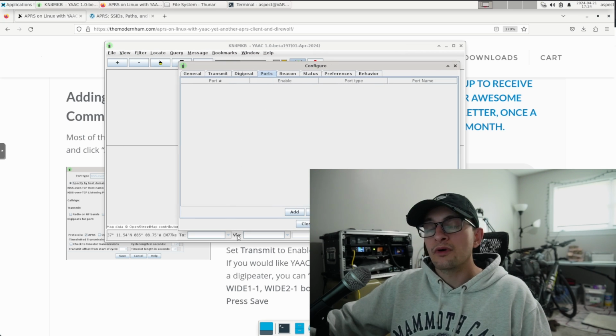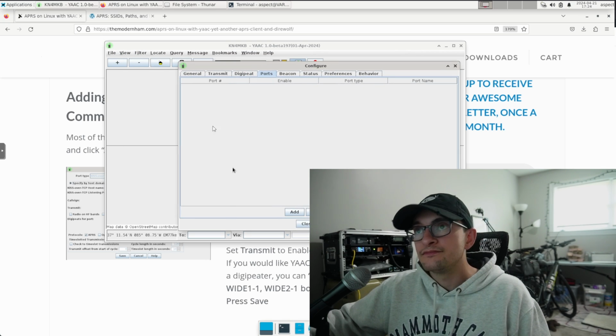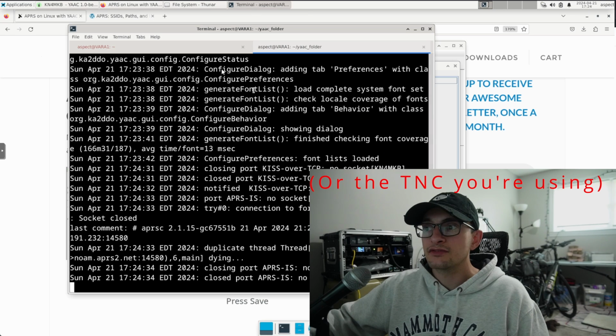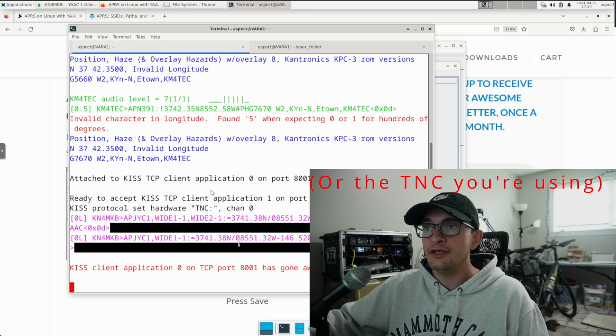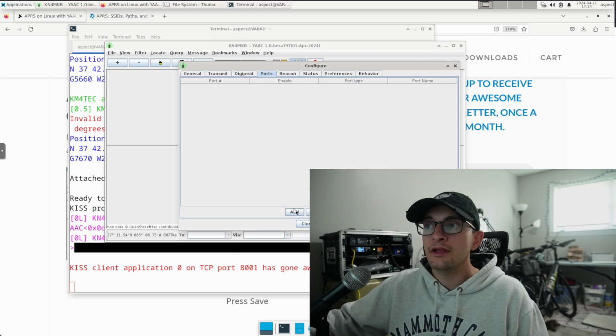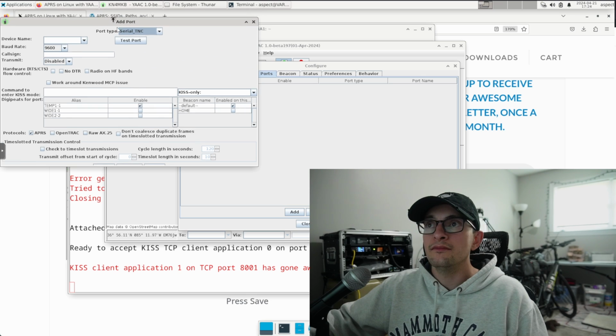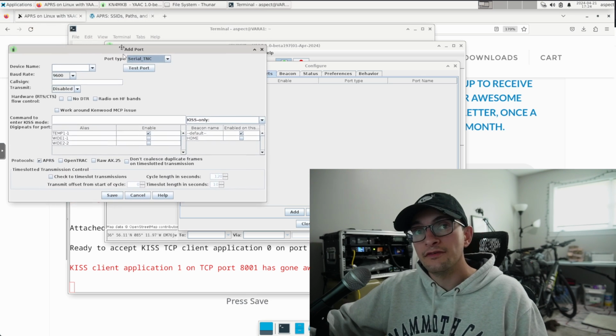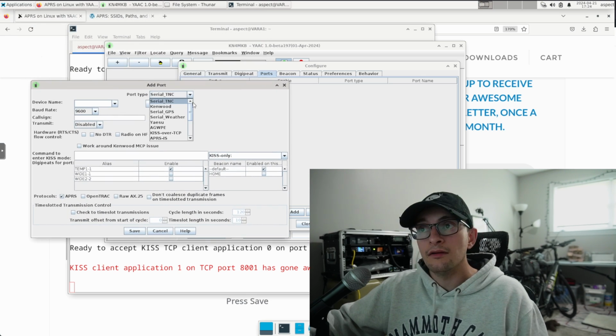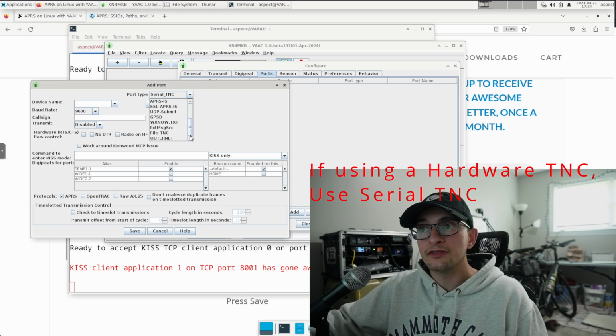So the first port we're going to add is for Direwolf. And that's why you need Direwolf running. It says gone away just because I just disconnected it and I had it before. But you should have Direwolf running. And we're going to add a new port. Now this new port is going to be different if you are not running Direwolf, but if you are, we're going to change this to